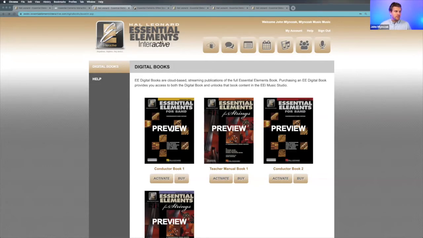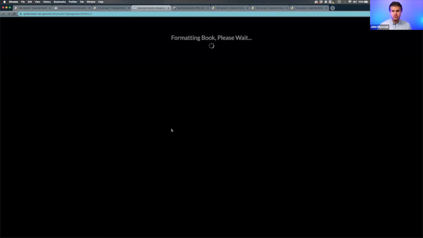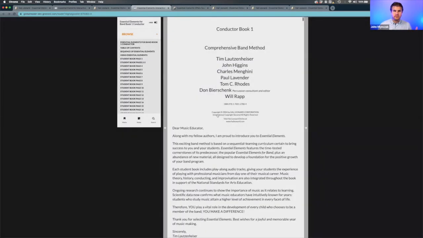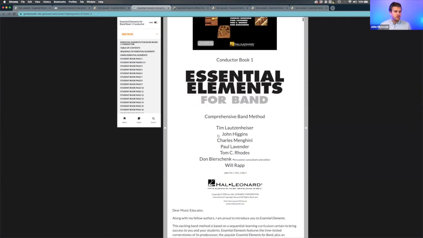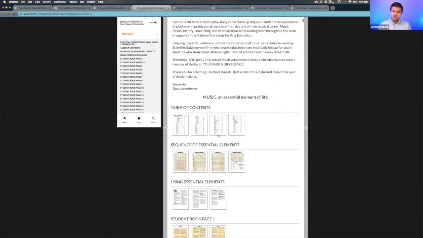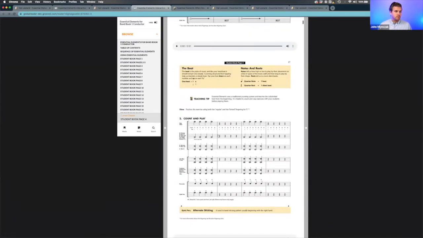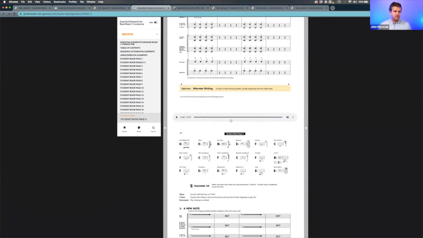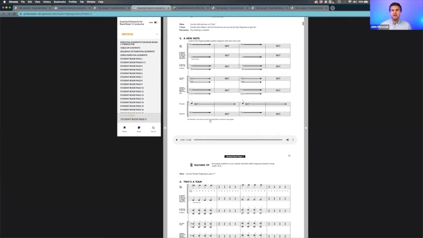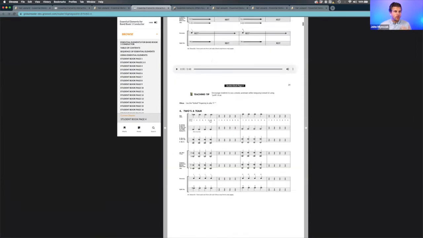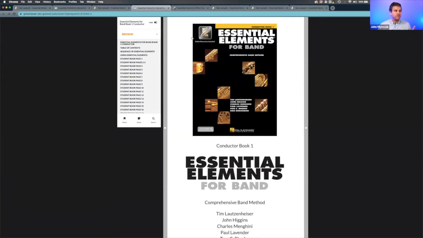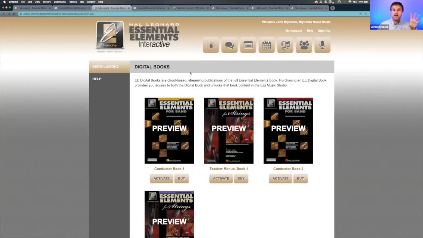But the cool thing about the digital books, this is Hal Leonard's digital book format. Same digital books we use in Essential Elements music class for K5, and we have hundreds available on halleonard.com. But this is our own format. You'll notice it's a digital version of the book, but it also has the audio and examples embedded right inside. So the digital books are available as well as a separate purchase from the physical books. And one of the cool things about these is you always have access to your digital book inside your EEI